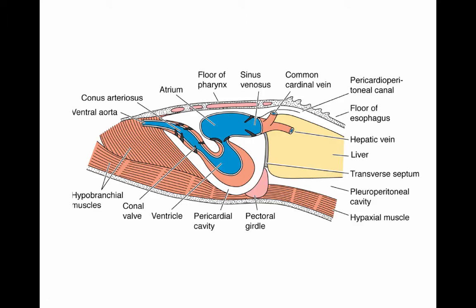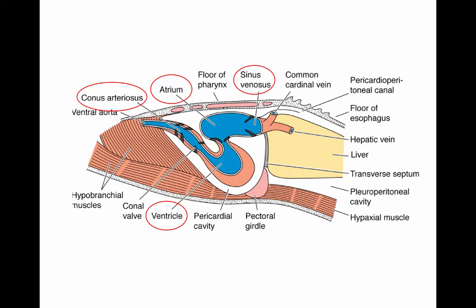So let's start just by reviewing the different chambers of the fish heart. Beginning with the sinus venosus, which, remember, is sort of a collection chamber as blood enters the heart, leading into the atrium, which is lightly muscularized. It's going to be responsible for making sure that the ventricle, the next chamber, fills adequately with blood so that when that main muscular pump, the ventricle, squeezes on it, it's going to give it maximal pressure because it's filled to maximum capacity. The ventricle is then going to send the blood out through the conus arteriosus, which again is